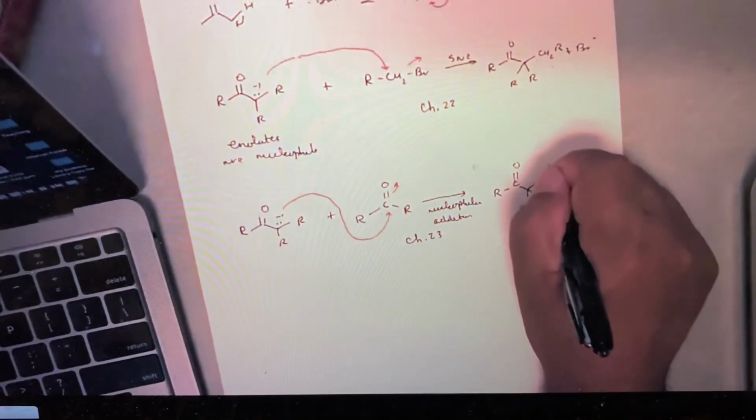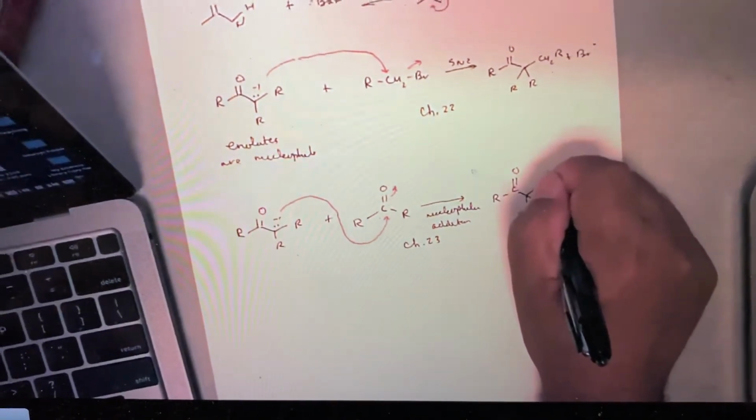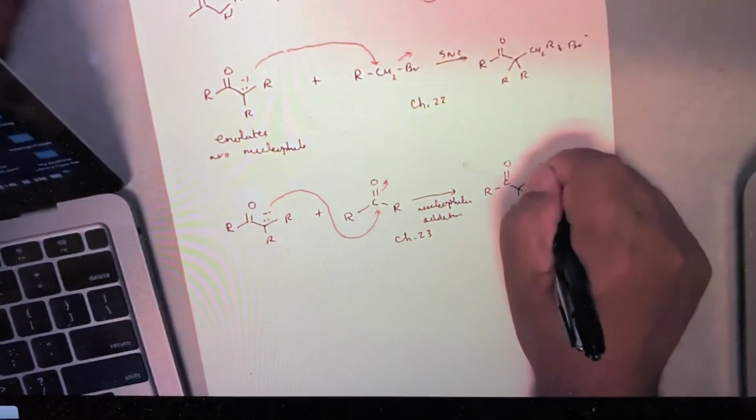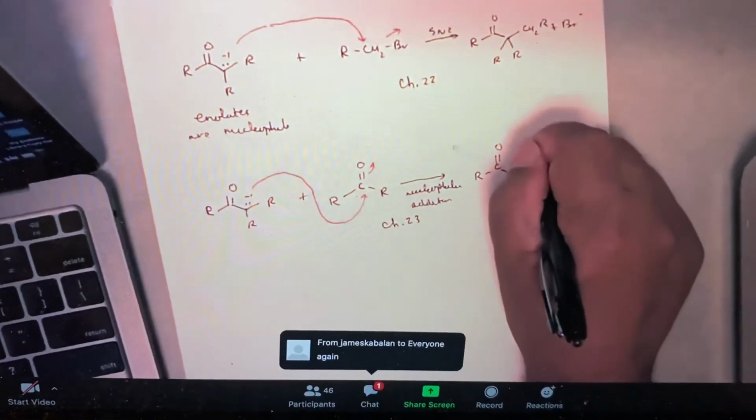It turns out, what happens with that tetrahedral intermediate? Well, if this is an aldehyde or ketone,